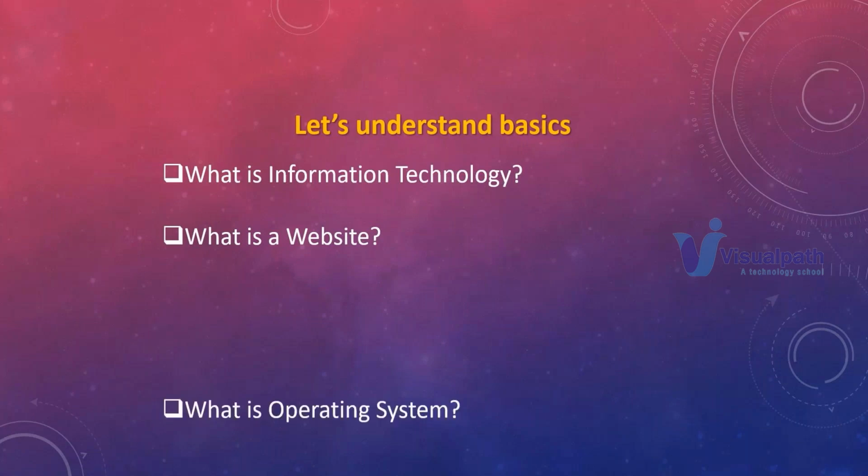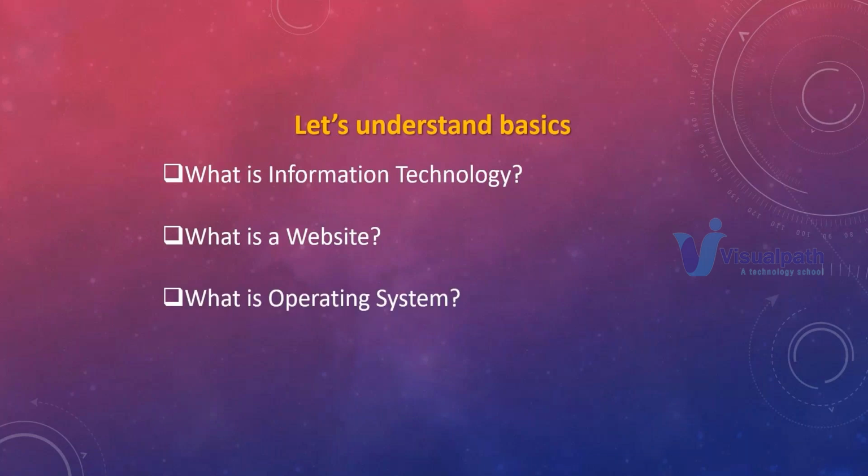Then what is an operating system? You might be using it on a daily basis: Android, iOS, Windows, Linux, or any other operating system. So why do we need an operating system? What is that exactly? It interacts with the machine. For example, a computer is a machine where we need an OS to communicate with the machine. Exactly. As a human being, I cannot talk to the hardware, right?